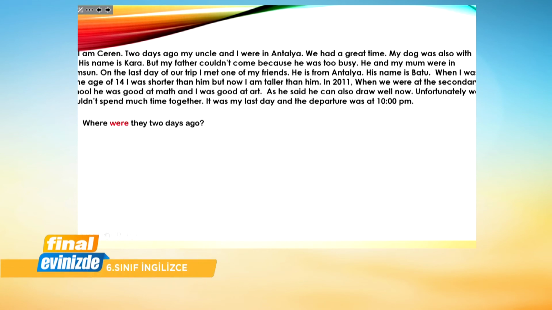Okay, where were they 2 days ago? Okay, they are asking. Who were they? Ceren and uncle. Where were they? As you see, they were in Antalya. Let's get our answer. They were in Antalya. If you notice, we use were because our subject is plural. All right? Second one,